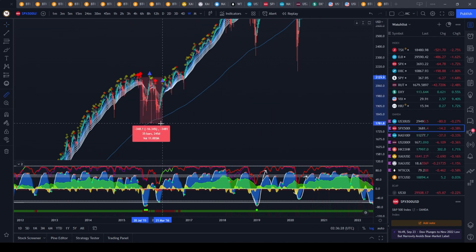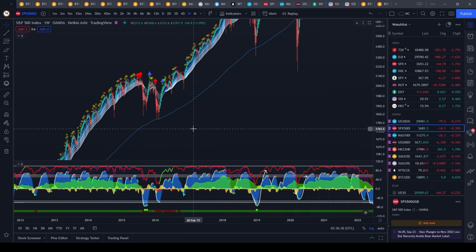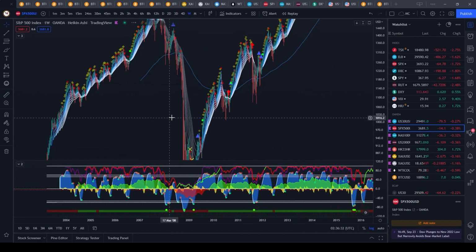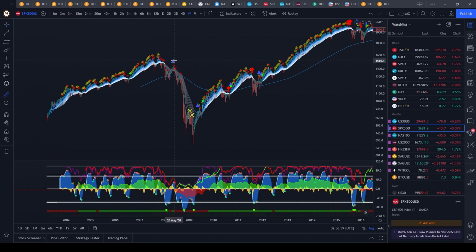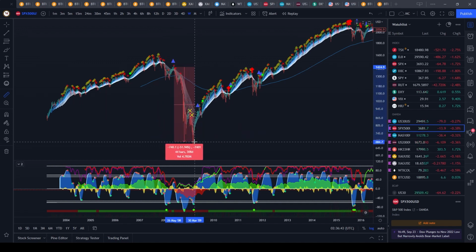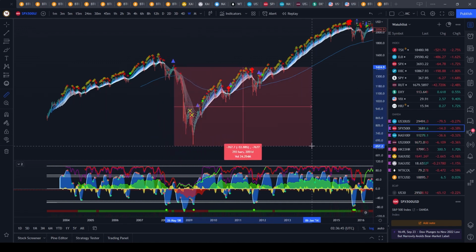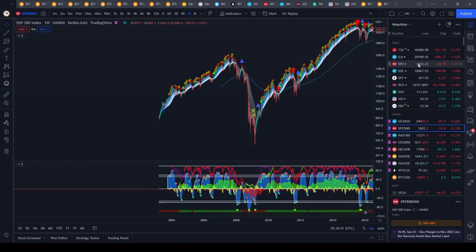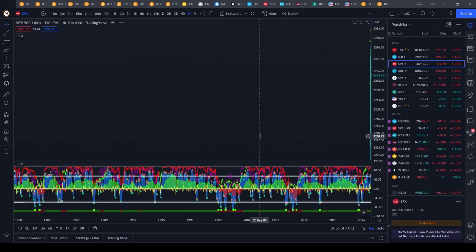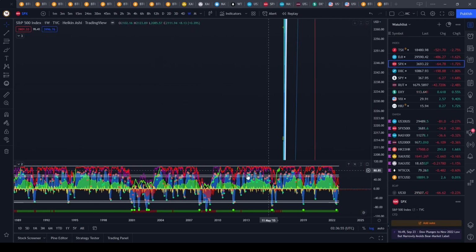I think we dropped around 20% right here, or actually 15% in the stock market. And then we had one in the 2008 financial crisis as well. And that's when we cut into that red money flow. This was the point where we started to drop more than 53% or 52% basically down towards the downside. So that was a pretty big collapse in the S&P, and I think it happened as well in the